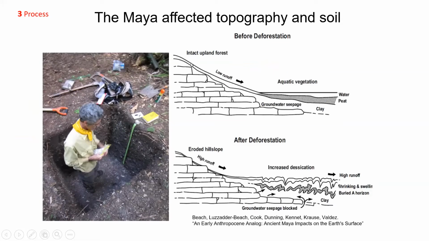This is his image of before deforestation. You have the bedrock here, and you have the upper piece of soil, and you have runoff, of course. And of course, through time, the soils are always deeper down at the bottom of slopes. But after deforestation, that process really increased, and the hills were stripped, and the soil became thin up there and thicker down below. So the Maya had a major impact, at least in hilly areas, on the depth and probably a bunch of other things about soil, water, and nutrient content on soils throughout the region.